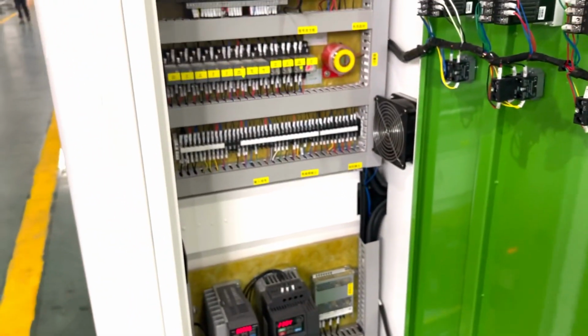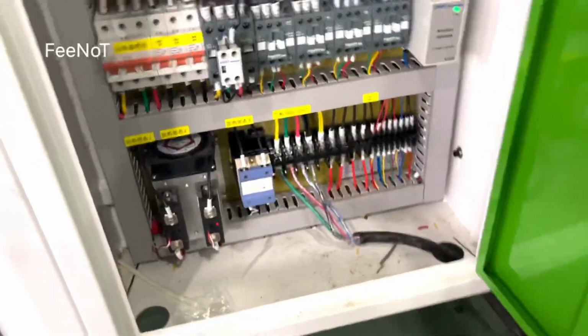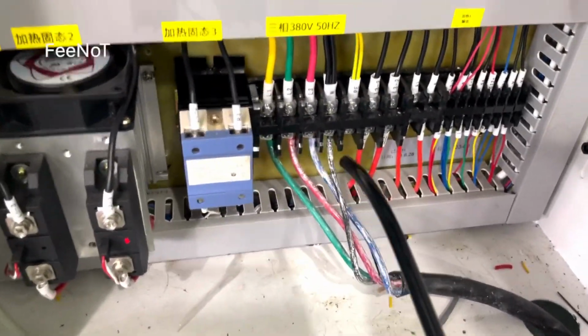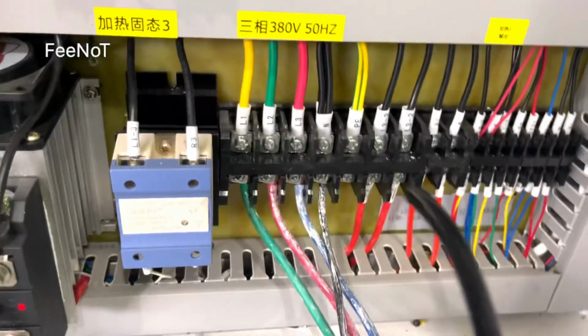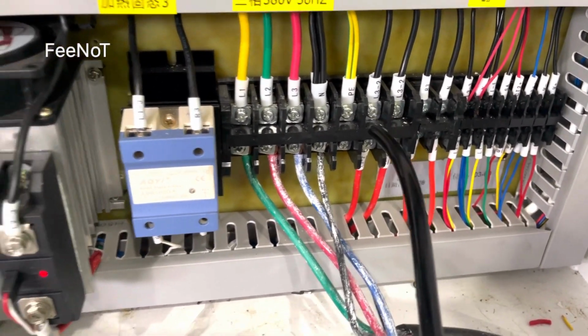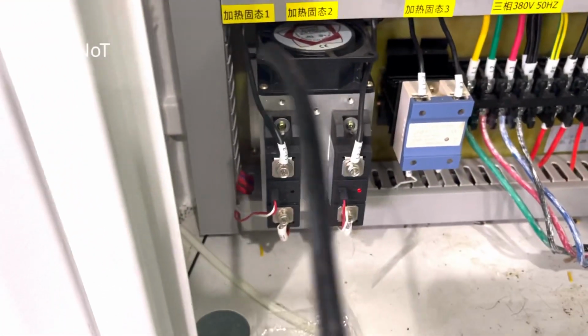Here are the electric parts. As we had said before, this one is a three-phase line. L1, L2, L3 are the fire lines, and N is the neutral line. P is the protective earth line. And this one is the